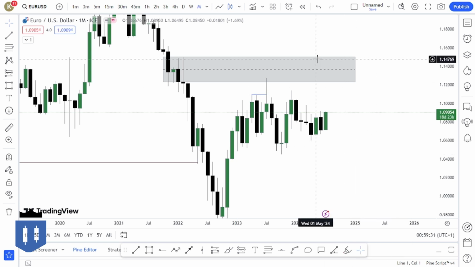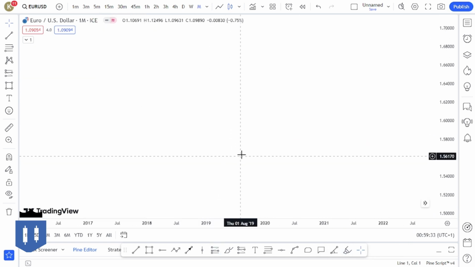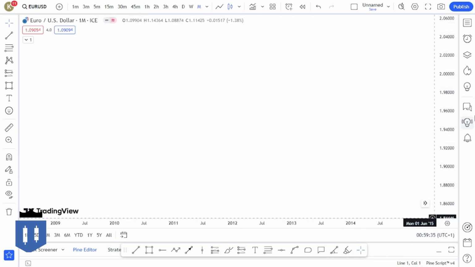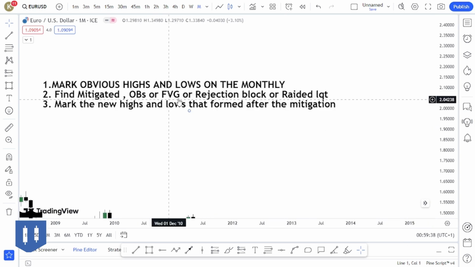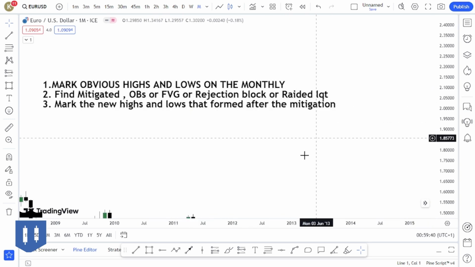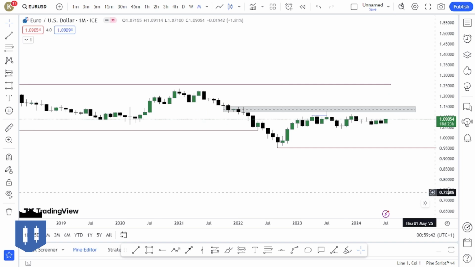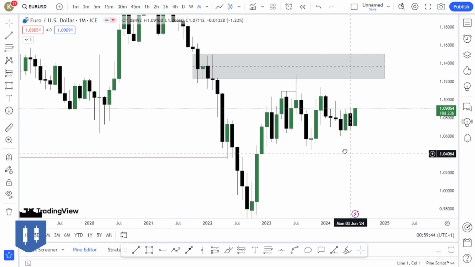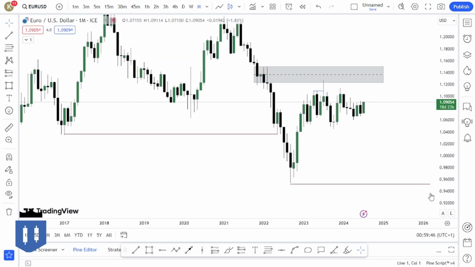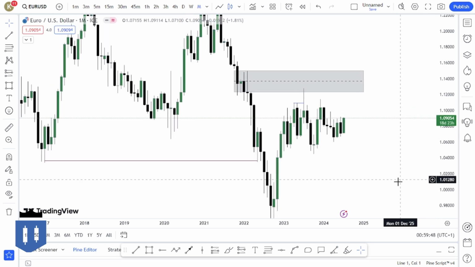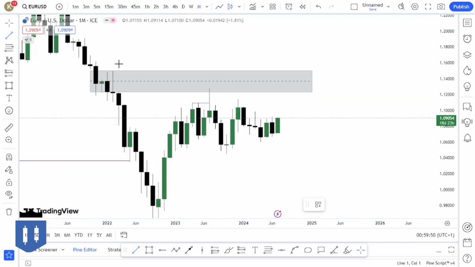That's going to be with the blue. It's part of the rule: every order block, rejection block or liquidity range. To me, that's also a liquidity range too. So it's very important. After that, the third step is to start marking the highs and lows that form after